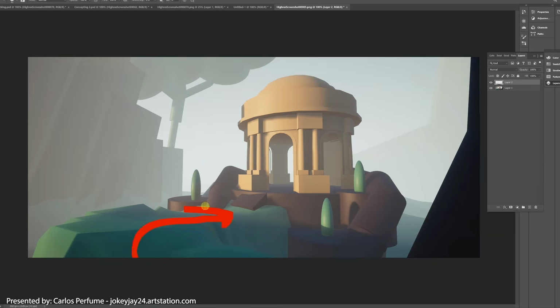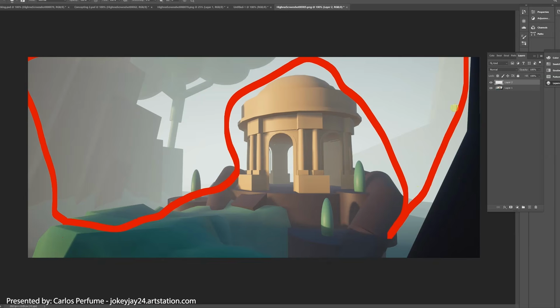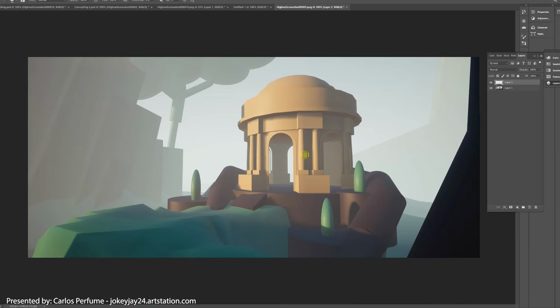line here is very nice. It's not only dynamic because it curves, but it's nice because it leads you right to the focal point, but also because there is a very clear separation of foreground, which is this, midground, this thing here, and then everything else is the background. Everything around this piece here is the background. So all that. And I think that's really important for any composition, to have a clear distinction between those,